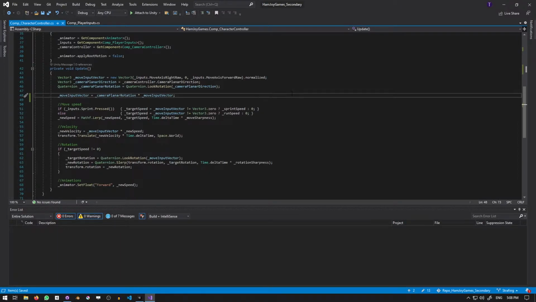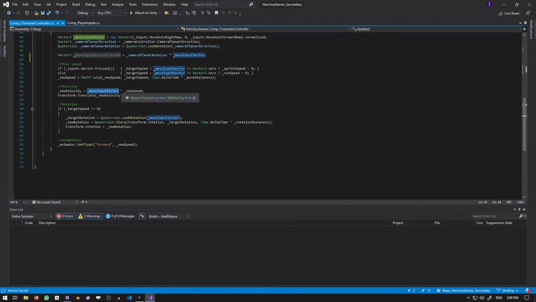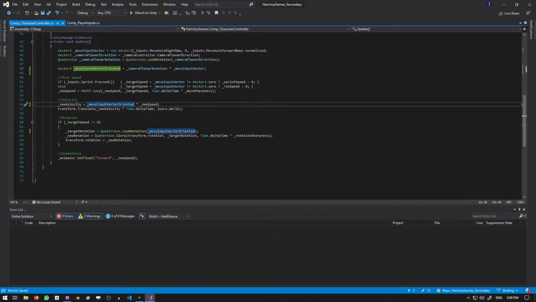In this line, we rotate the move input vector by the camera planar rotation. I'm going to create a new variable called moveInputVectorOriented to store this, so we still have the original unaltered value. Then, I'll update both the new velocity and target rotation calculations to use the new variable so they remain unchanged. For the other instances of